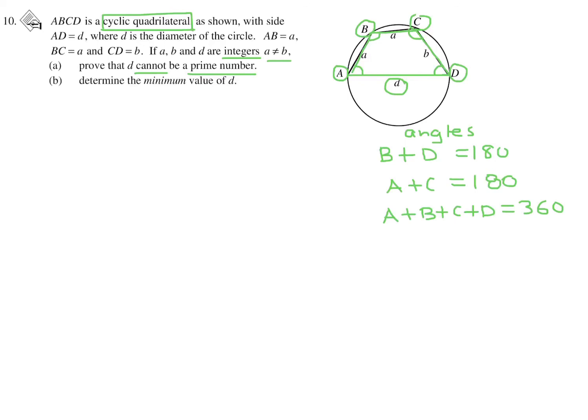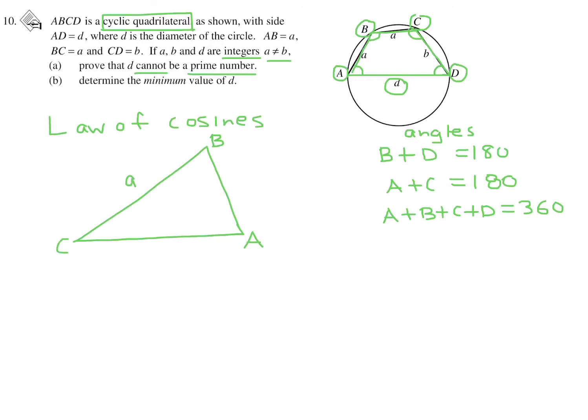Now, another quick review is something known as the law of cosines. We're going to use that in this question. I think we're going to probably need it at least once. We'll see. We'll take it from there. Law of cosines, what is it? So if you have a triangle, any triangle, does not have to be a right triangle, and you have, let's say, vertices A, B, and C, and I'll label the sides length A, length B, and length C,